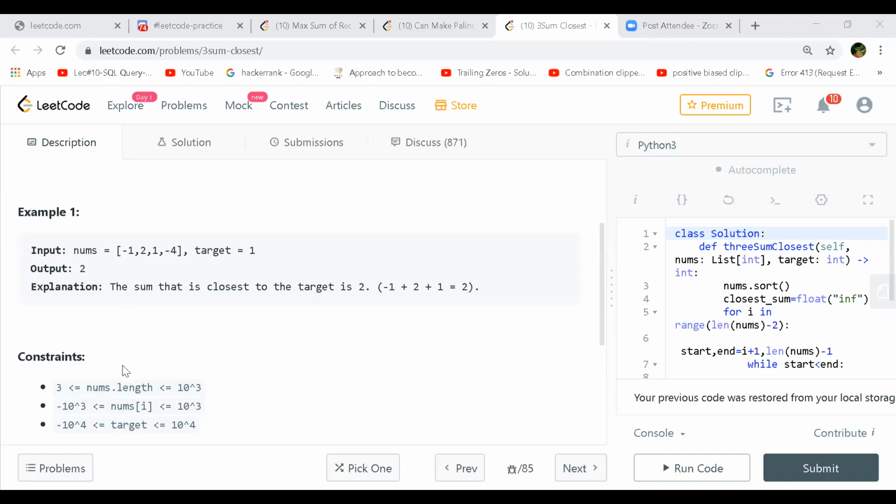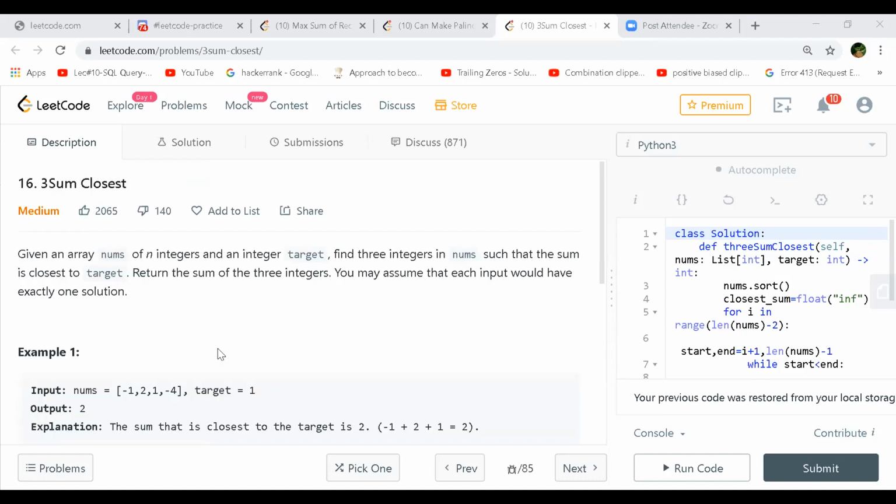Looking at the constraints, the minimum length will be 3, and it can go up to 10 raised to the power 3, and so on. So how do you proceed here?